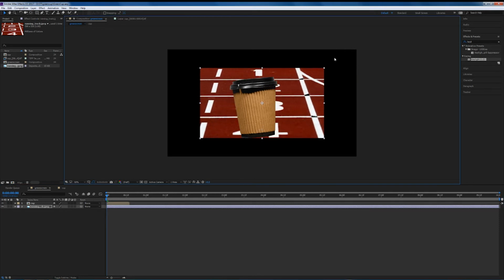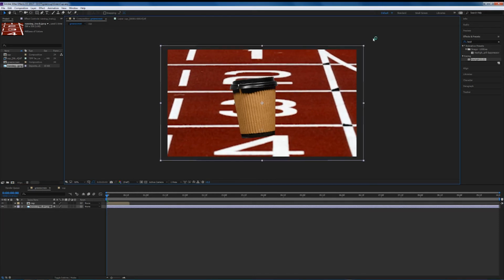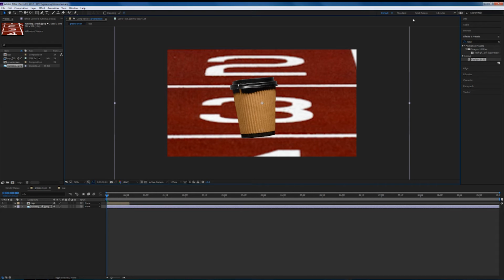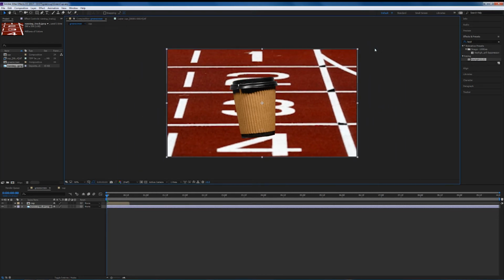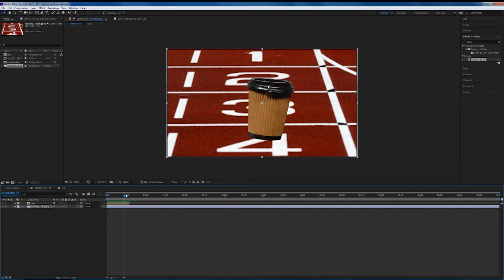You can either drag a corner, hold shift down to constrain it. You can probably see what I mean by the jaggies if you look at the number 3 and the number 2 there. But just for this demonstration, that is fine. I'm not going to be publishing this anywhere. So there we go. So there's our little cup rolling around